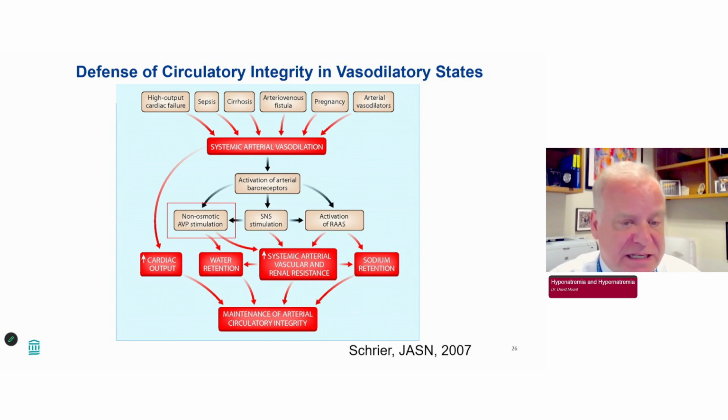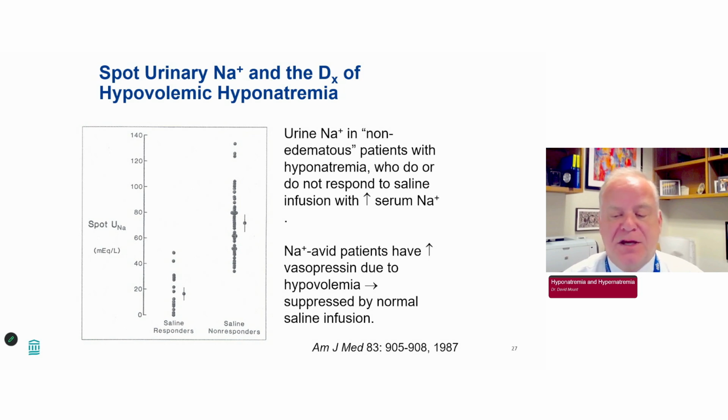You can also see this in vasodilatory states, classically in cirrhosis, where again, you activate the same set of mediators and develop hyponatremia. So where does this urine sodium of less than 20 come from? A lot of it comes from this single paper from Denver many, many years ago, where patients were judged by two expert clinicians to be